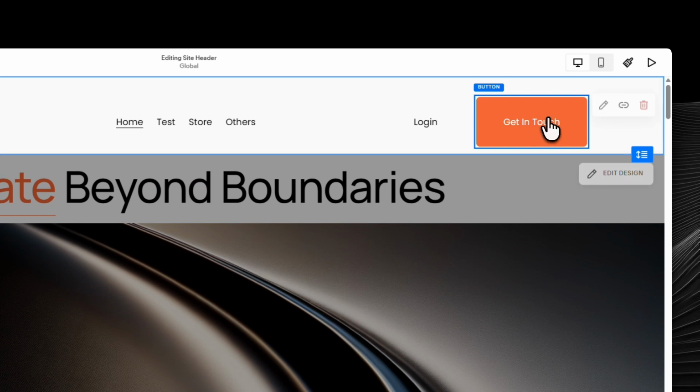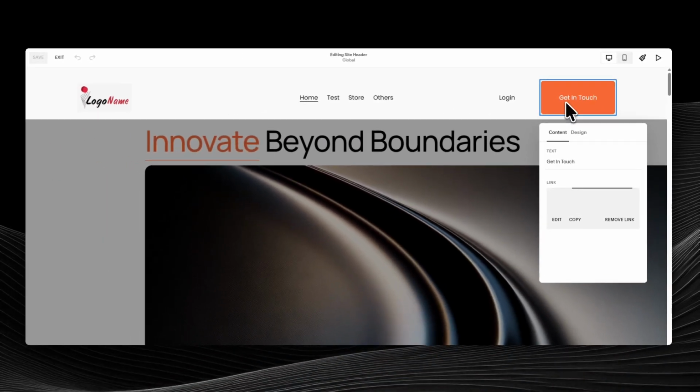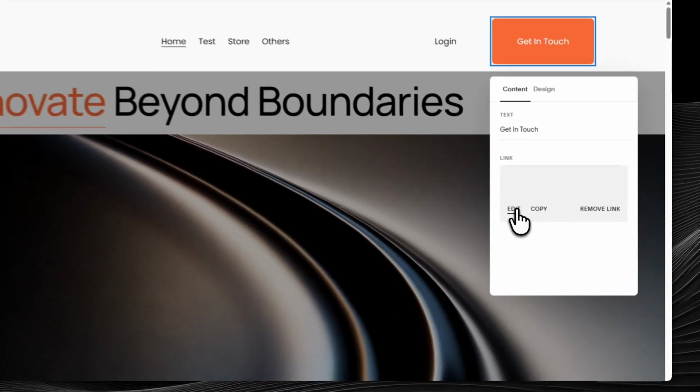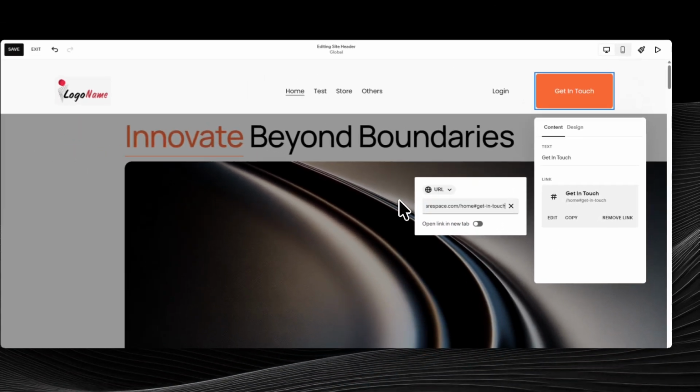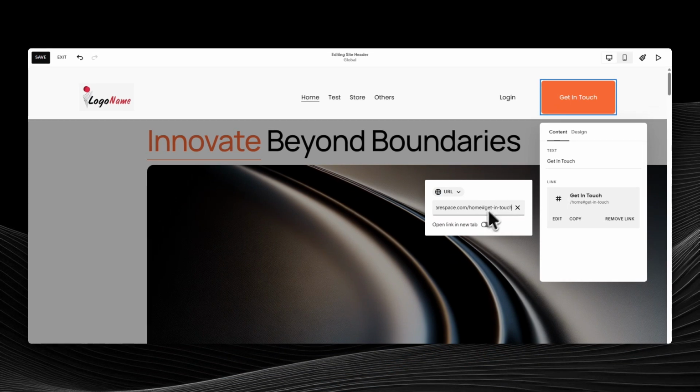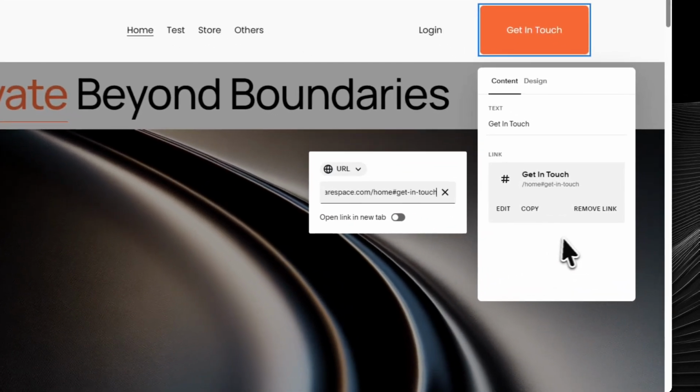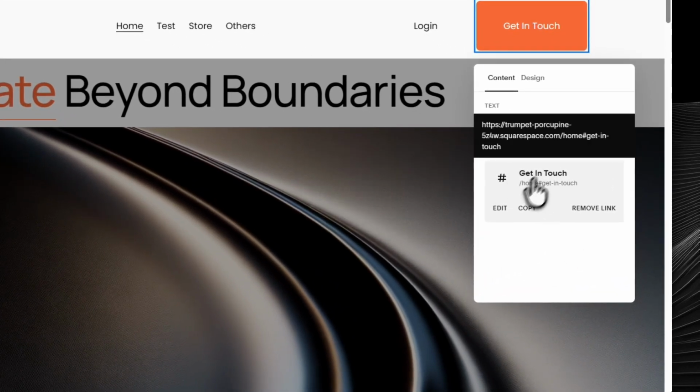Once you've copied the anchor link, you can attach it to buttons or regular hyperlinks. When someone clicks that button or link, they'll be taken directly to that section of the page. This is especially helpful for one-page layouts, long landing pages, or websites where you want smoother navigation between different content